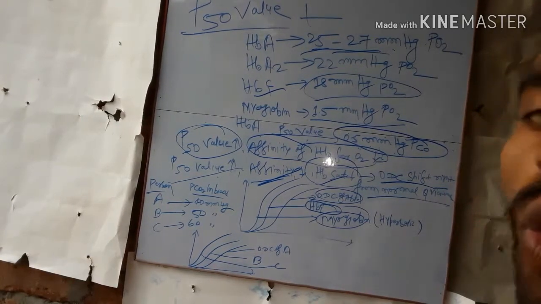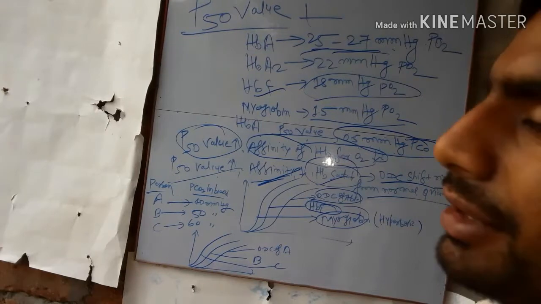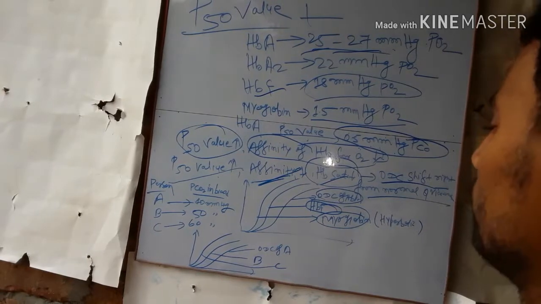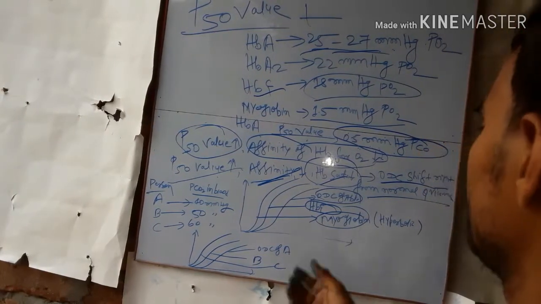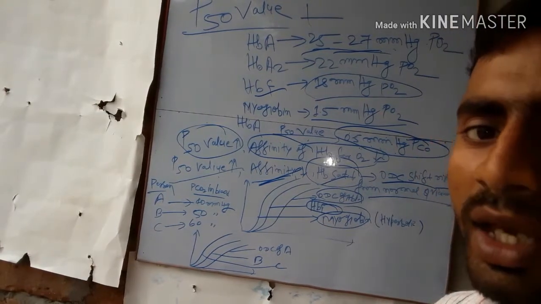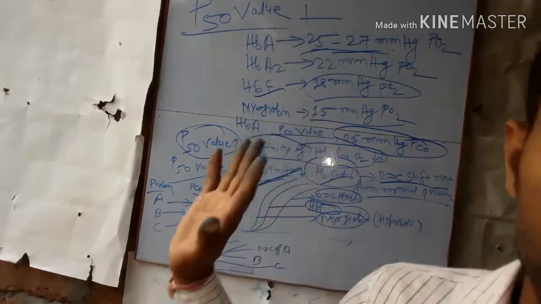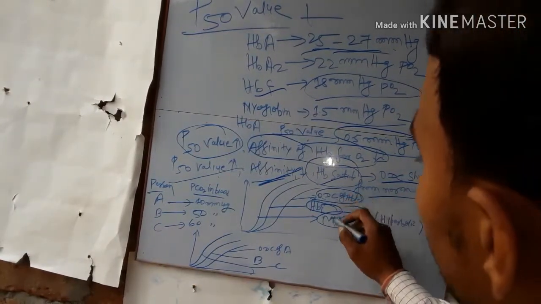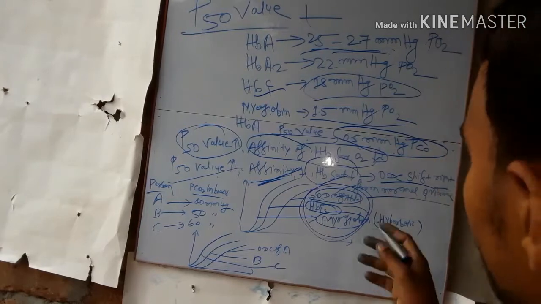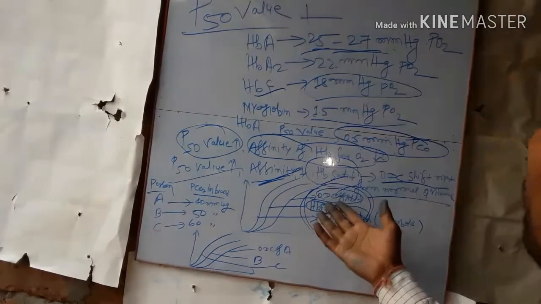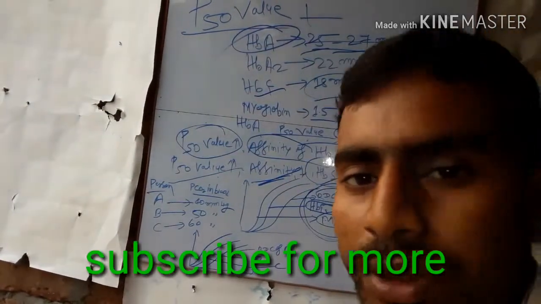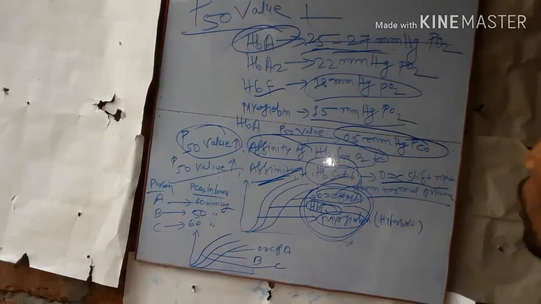You know that in this, the maximum P50 value is of hemoglobin A. This means the P50 value increases, with the maximum in the third curve. In the third, the maximum P50 value of the ODC of hemoglobin A is 25 to 27 mmHg as the partial pressure of O2. So it shifts right,